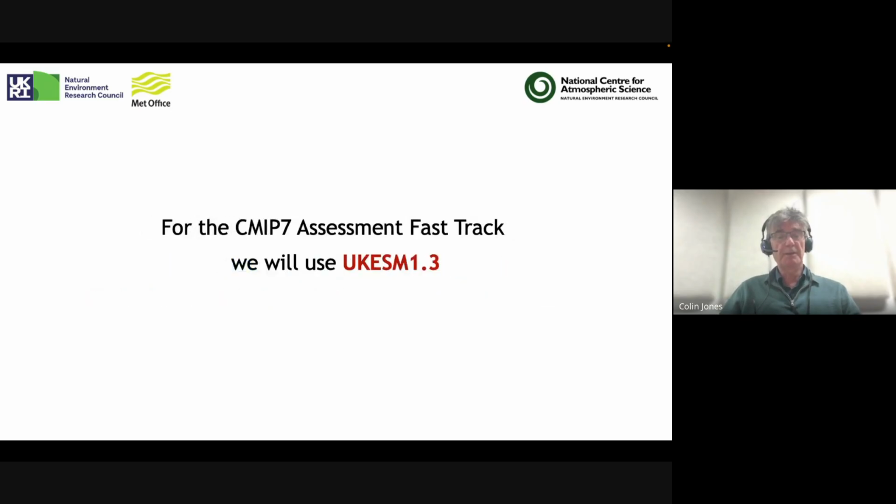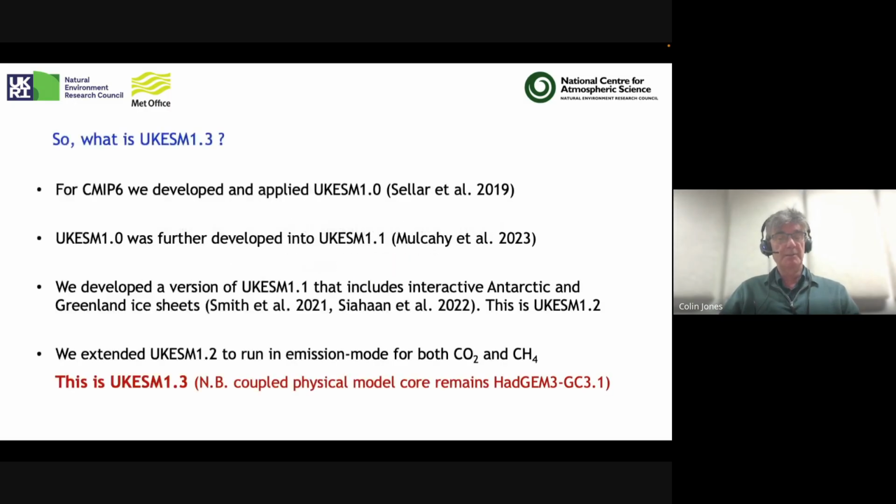Okay, so in the CMIP7 assessment fast track, independent of the science MIPs now, we're going to use a model configuration referred to as UKSM 1.3. And I'll explain a little bit what that is in the next couple of slides. So next slide, please. Okay, so for CMIP6, we used UKSM 1.0, which is documented in Alistair Sellers' paper of